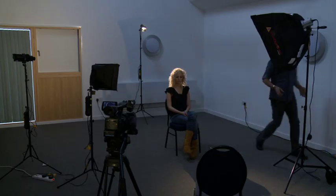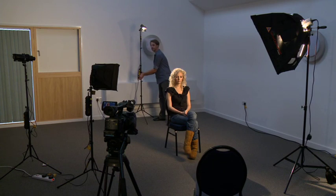So now I'm going to turn on just the key light on its own, and I'm going to turn off the backlight. So here we have just the key on its own, and this is the effect that it gives on Amy. It's lighting up her face from the left-hand side, and then if I come round to the fill and turn that on,